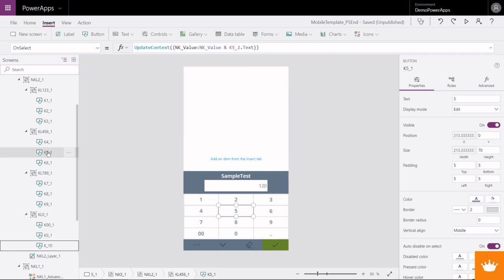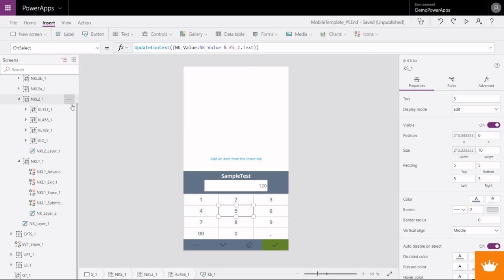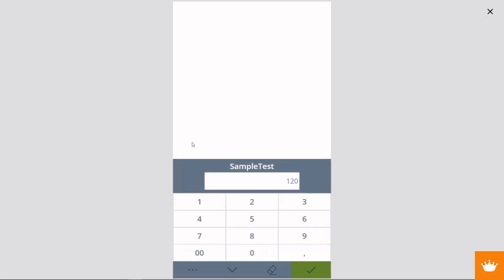0_1 and K, comma, dot 1. So now let's see if it works. Now we have our nice number keys and we can say 50 and erase it and go to 30, 69,